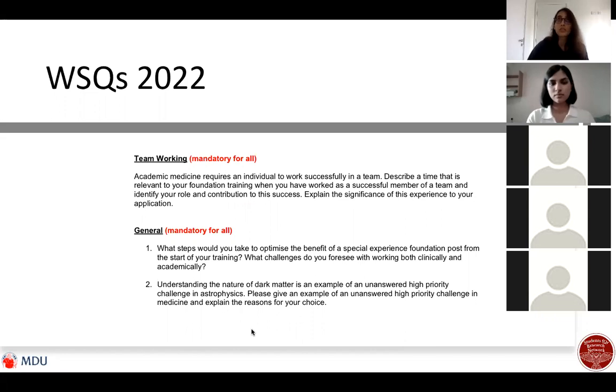About team working, I would say give different examples in each of these questions. So for example, earlier, if you're giving an example in your non-clinical achievement and you touched on teamwork, when you come to this question, give another example. This way you can showcase different areas of different experiences you've had and how each of them have contributed. It also shows the people that you've multitasked and you've been able to organize your time well and reach this point.